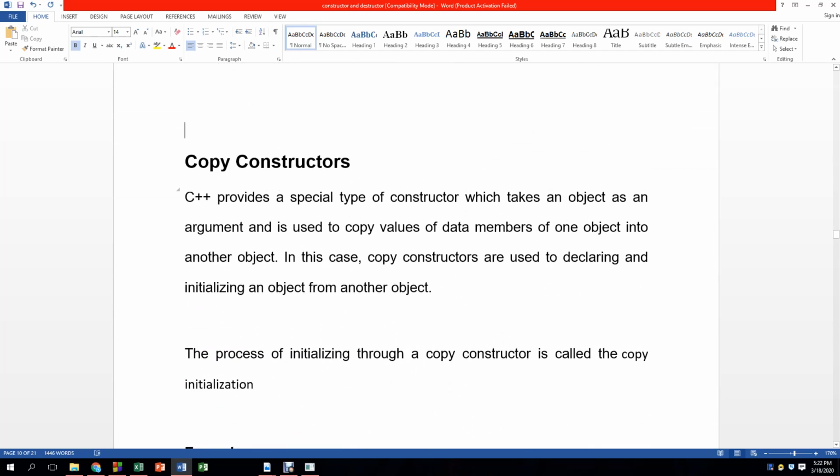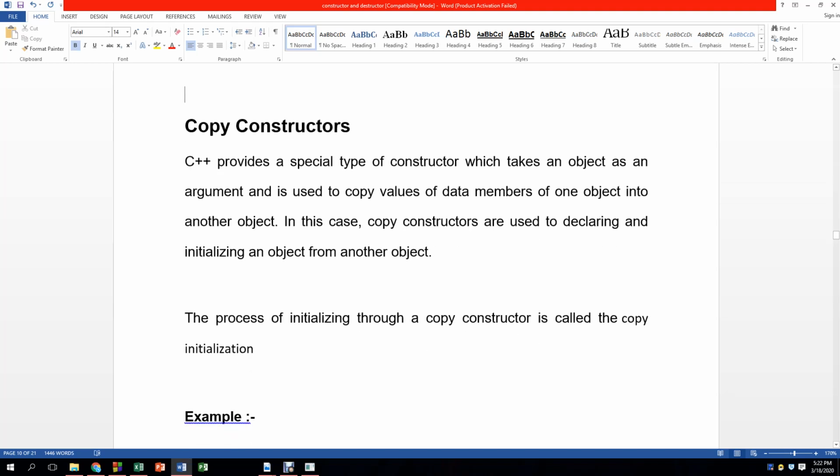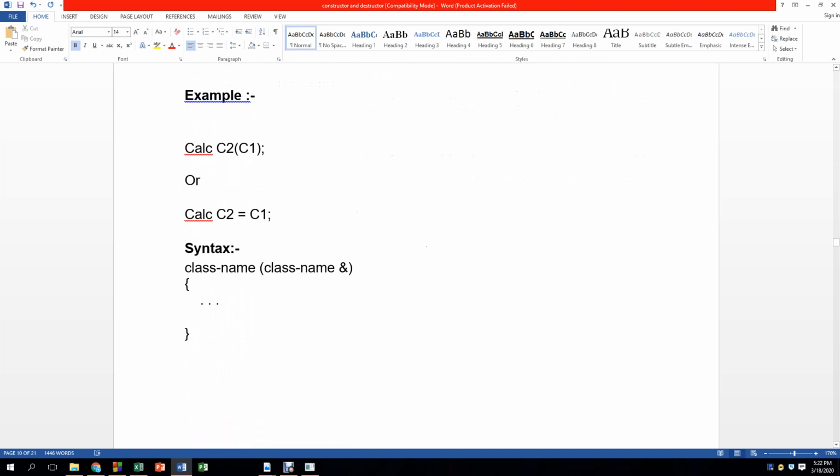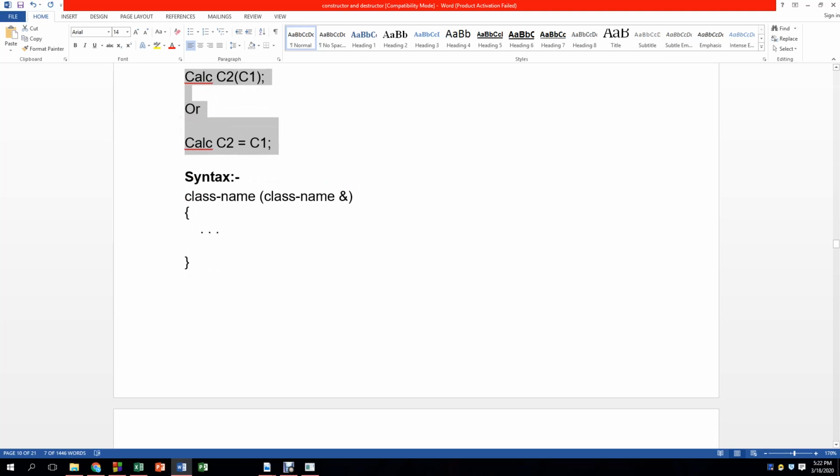In the copy constructor, this is another variation of the constructor, the copy. The process of initializing through a copy constructor is also called copy initialization. These are examples: class name, object 2, object 1, and object 2 is equal to object 1. So these are two different ways you can use the copy constructor. While you are dealing with the copy constructor, you need to remember the syntax, that is the class name